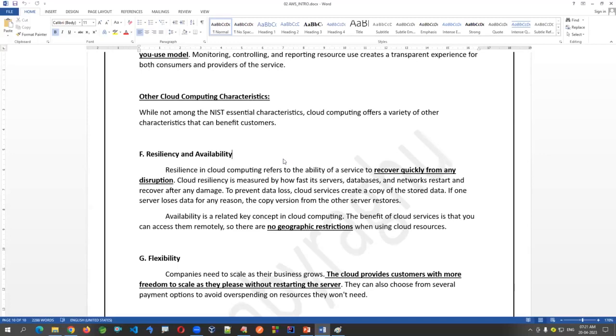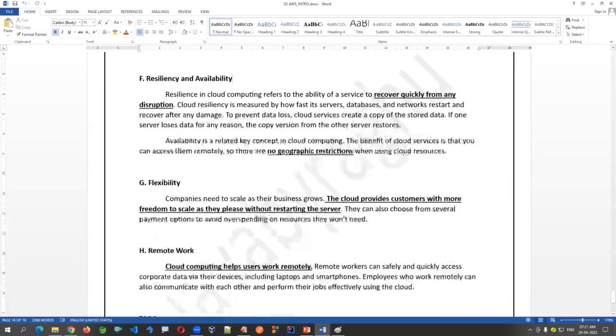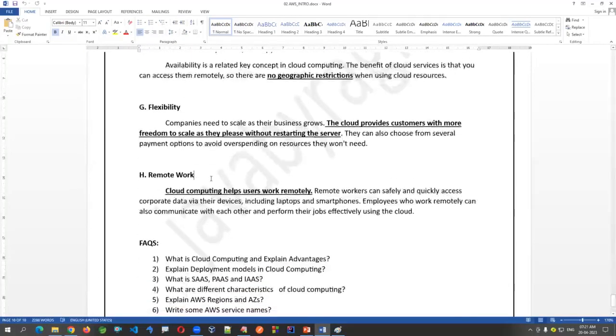It guards against loss of data by maintaining multiple copies. Taking versions, it is going to take care of internally. Then flexibility: if I have increased or reduced some configuration, I should not be asked for restarting and reconfigurations. It should just be like I click and access this, and I should be able to continue with it. So there's flexibility, no restarts, no reconfigurations required here. And the last one is remote work.